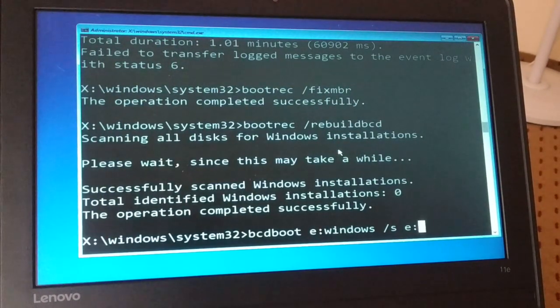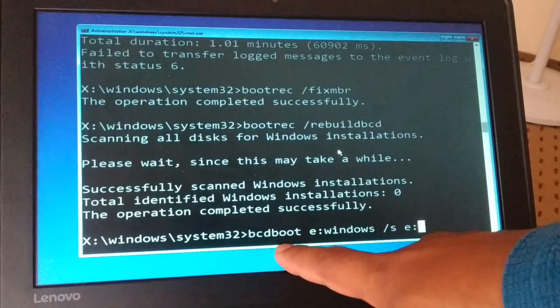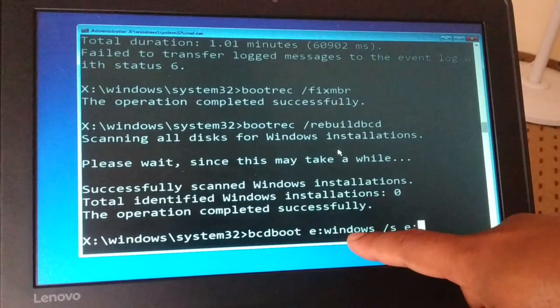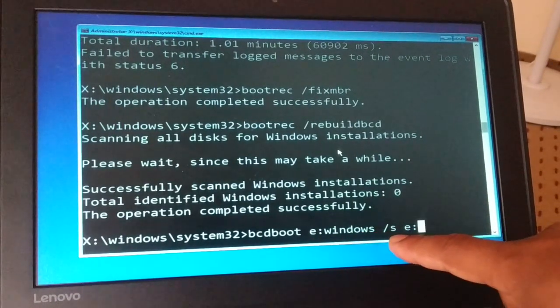The fifth command that you're going to execute is bcdboot e:\windows /s